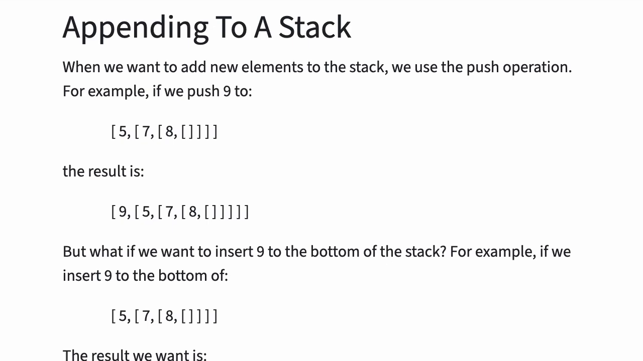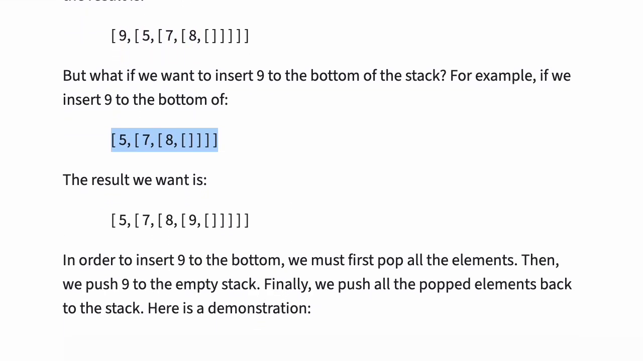When we want to add new elements to the stack, we use the push operation. For example, if we push 9 to stack 578, the result is the stack 9578. But what if we want to insert 9 to the bottom of the stack? For example, if we insert 9 to the bottom of the stack 578, the result we want is the stack